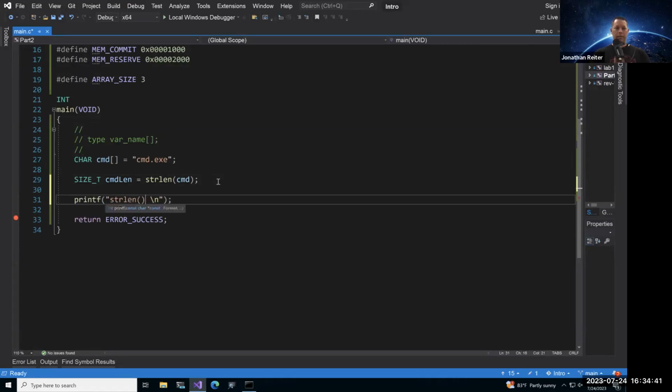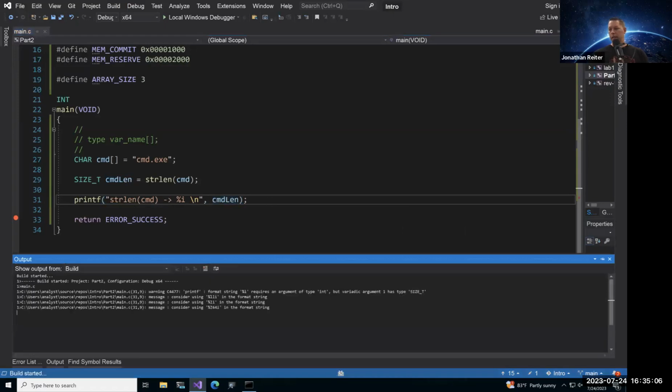I'm going to do strlen command is, now let's show you what this looks like. I'll just do a %i. Do a %i, command length. Save that one, build it, and then run it.